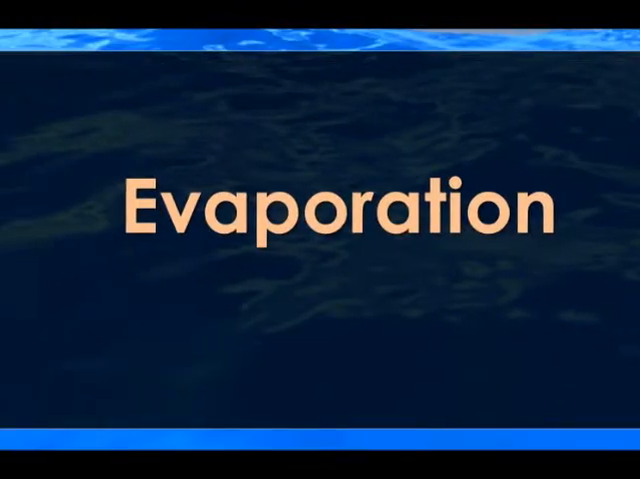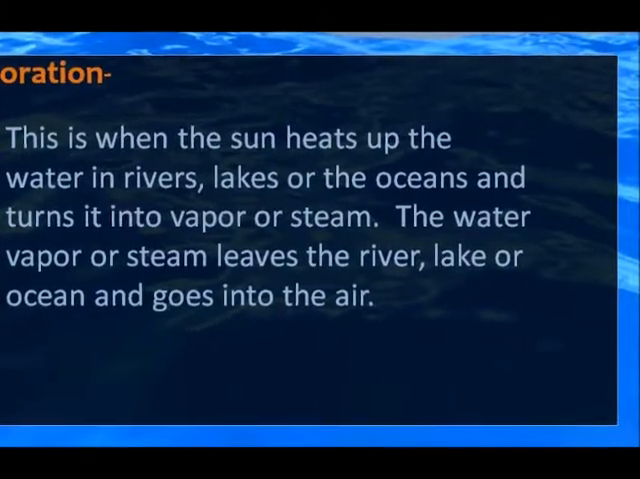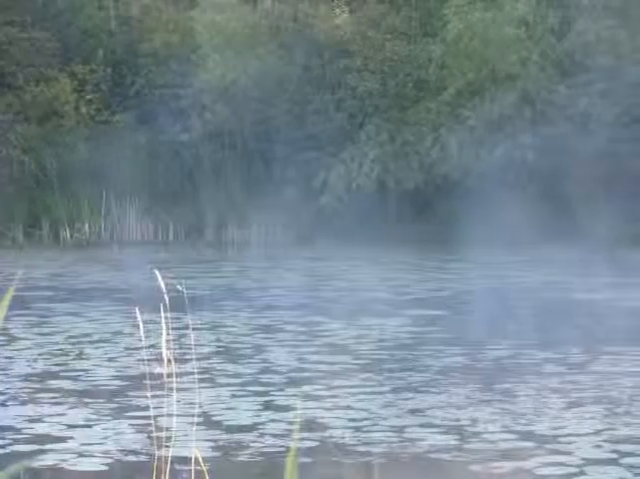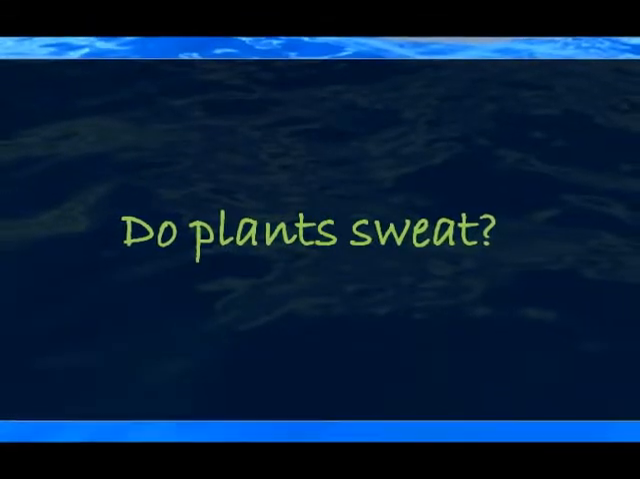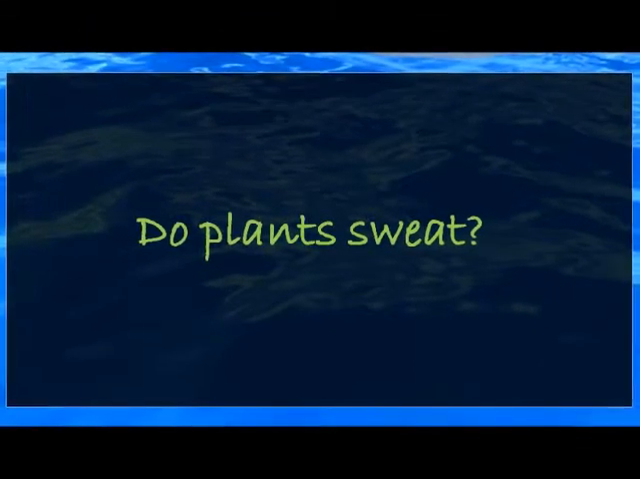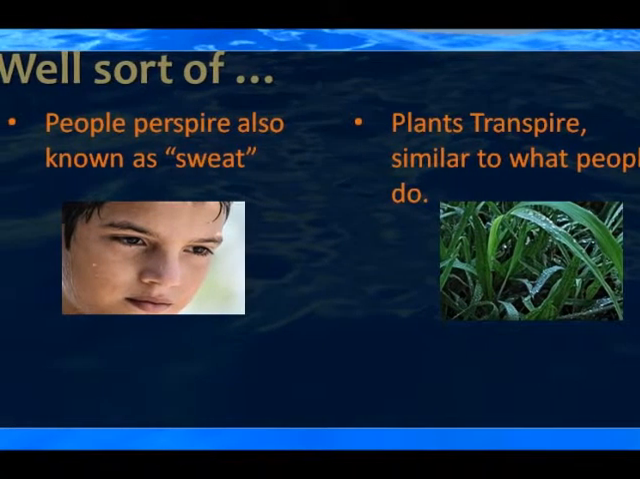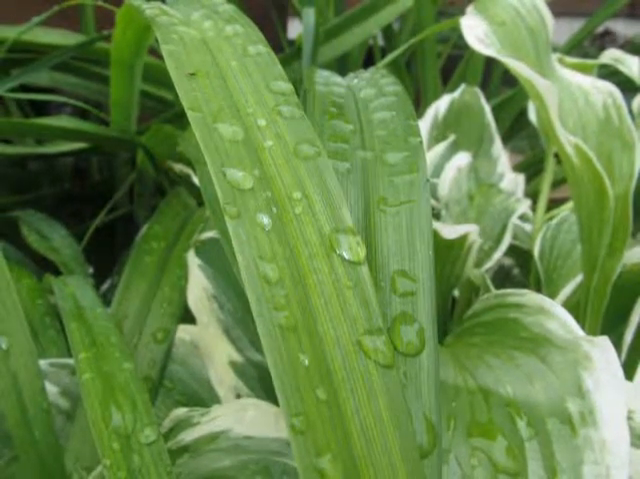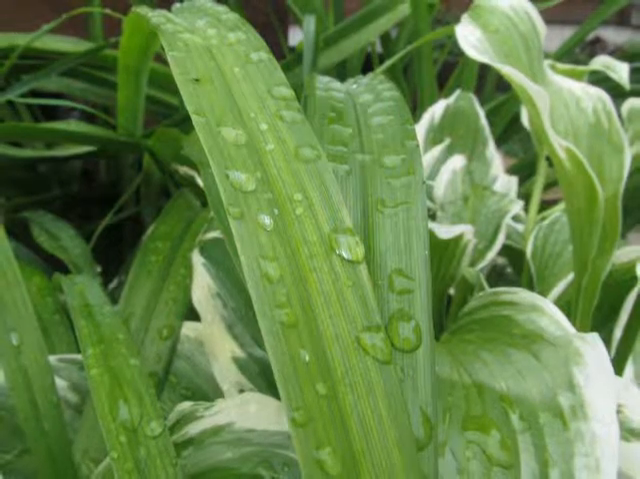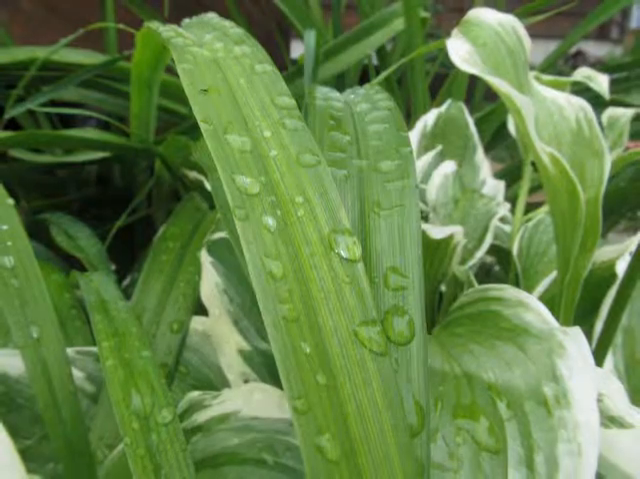First off, evaporation. When the sun heats up the water in rivers, lakes, or the ocean and turns it into vapor or steam, it then leaves the river by rising into the air. Which leads to my next question. Do plants sweat? Sort of. People perspire, which we call sweat, while plants transpire. The process of transpiration is when plants lose water out of their leaves. The process gives evaporation a bit of a hand in getting the water vapor back up in the air,